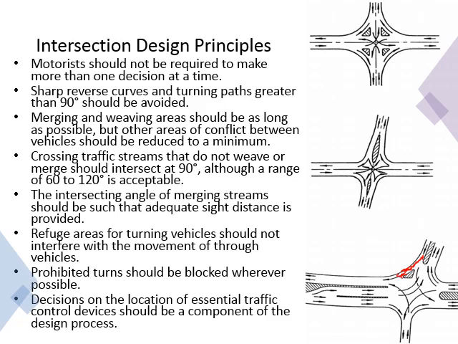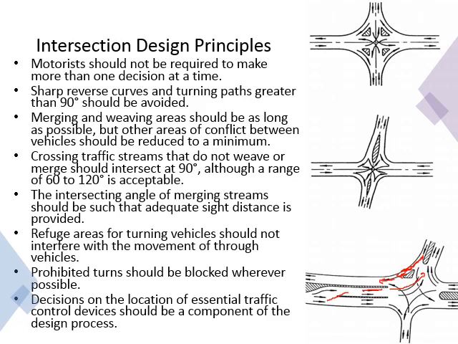And then once I find the gap to enter, I can easily enter without worrying about if somebody is coming from the other side, because there is a gap. So at each time the driver is worrying about one thing at a time. Similarly for this driver, when he is making the left turn, it's the same thing. At this point he just has to worry about getting into the lane. At this point he is just looking for the gap, and then he can turn safely. So this is what we mean here: do not confuse the drivers with more than one decision at a time.